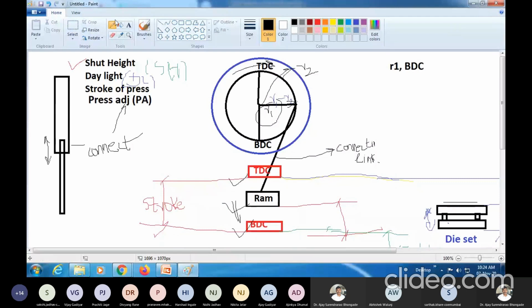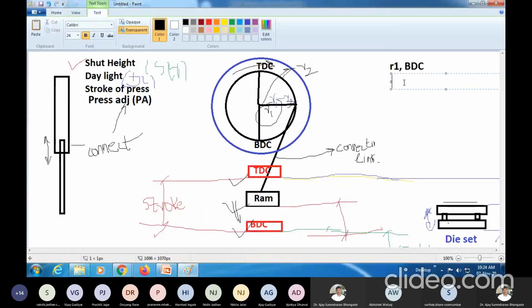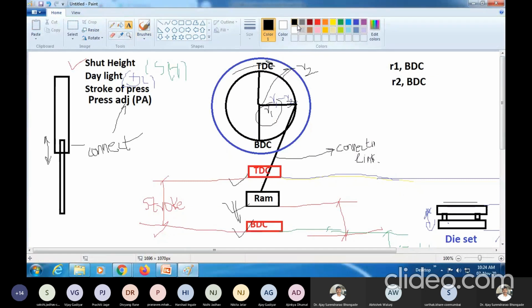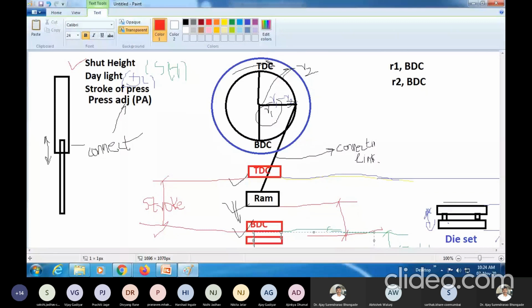Now, if we have R2, where the crank length is kept as R2 and it is at BDC, obviously this particular position of the RAM will be lower, so the RAM may move downwards, because we will get more stroke, correct?